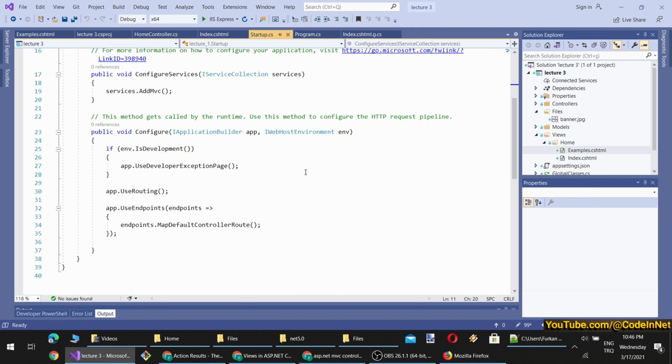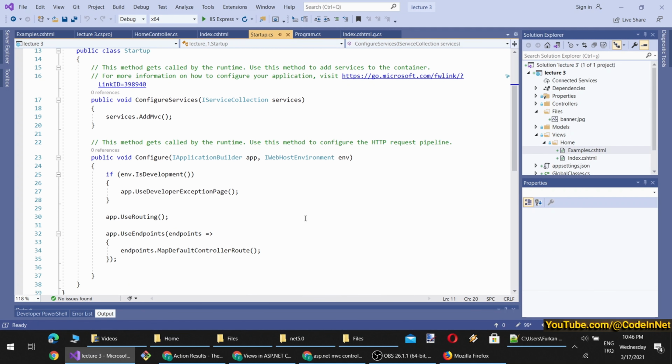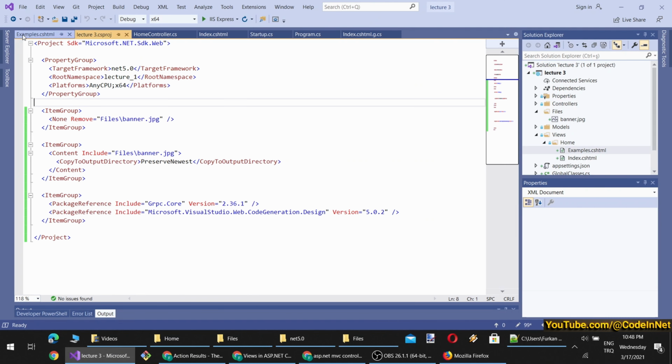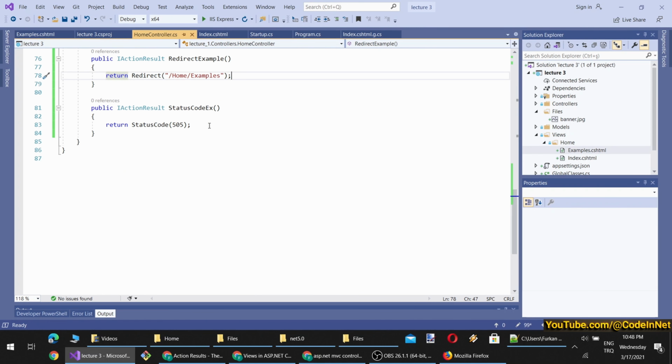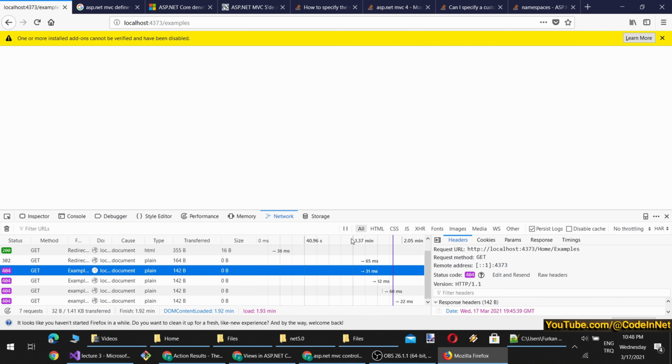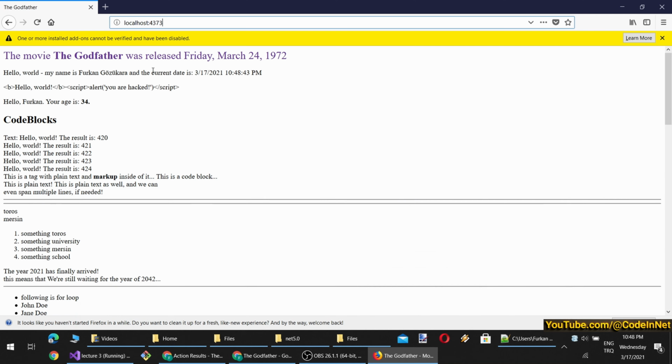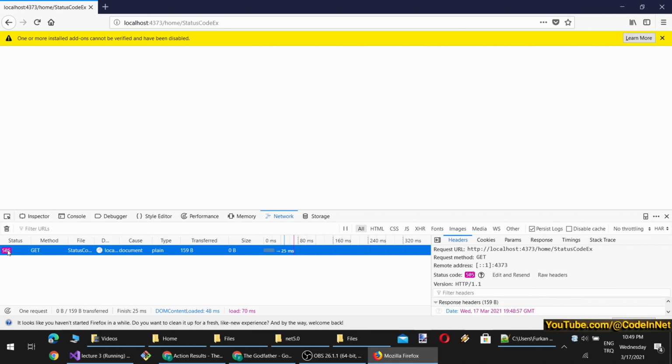Probably it is related to routing. So we need to add a route to see the example.cshtml path. Okay, we will see that. So I will just leave it for now. And when we see routing, we will do it. So we were going to test status code. So let's test status code. Just rerun now to see the status code. So this is provided, I believe. Okay, you see it. The status code 505 is returned.